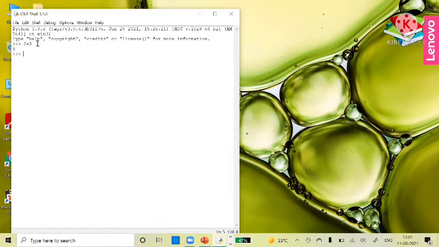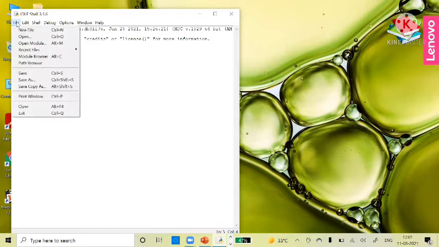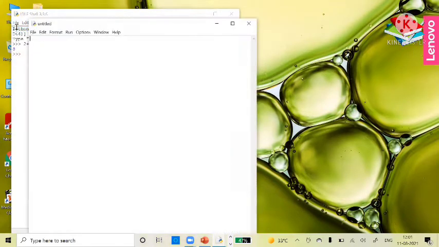But the programs that we generally write are very long and we need to save them also. This shell you can't save. Once you close it, everything you are doing will be lost. If you want to save your program, there is another option I'm going to show you: go to File at the top, click on it and it will give you the option New File. You click on New File and a blank new file is opened in front of you, right?